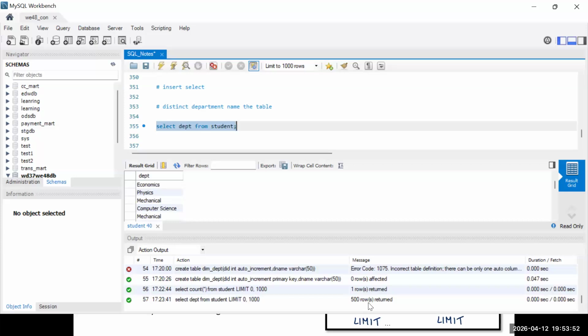Total records returned are 500, but I don't need all the departments. I don't need duplicates here. All are duplicates. You can see electronics multiple times, physics multiple times, mechanical multiple times it is coming. I need a unique department name. When you say unique, that is where you have to use distinct. When you put a distinct keyword here,